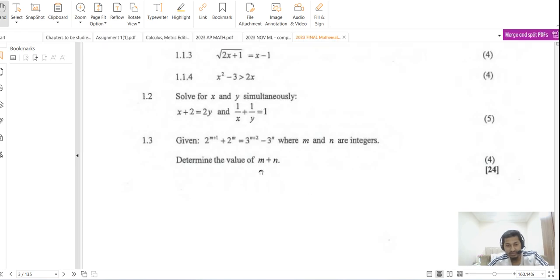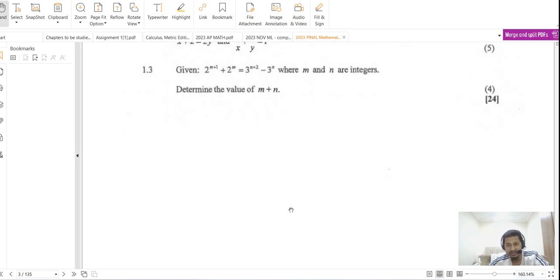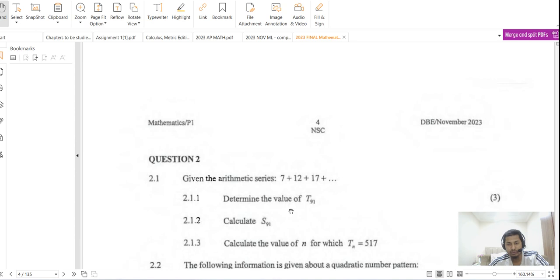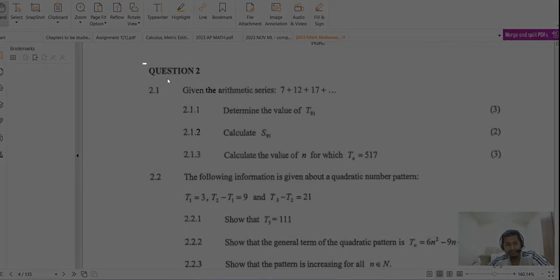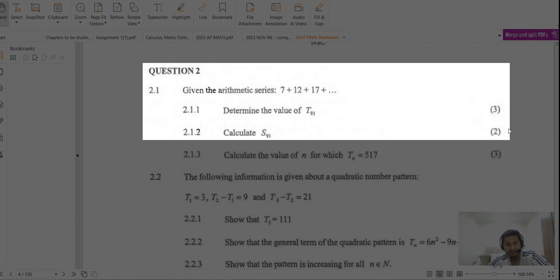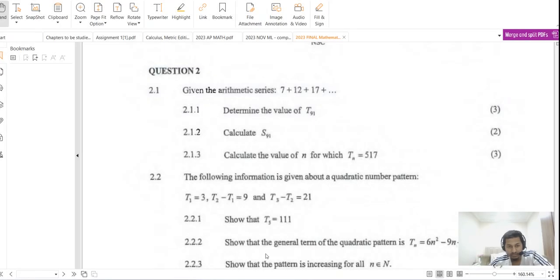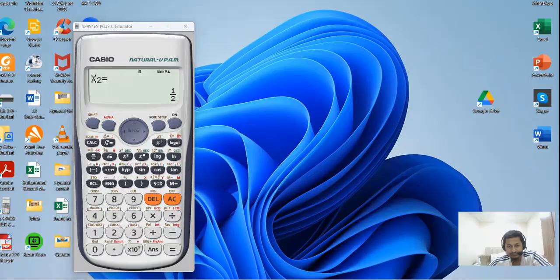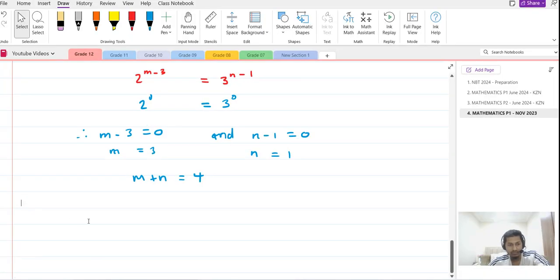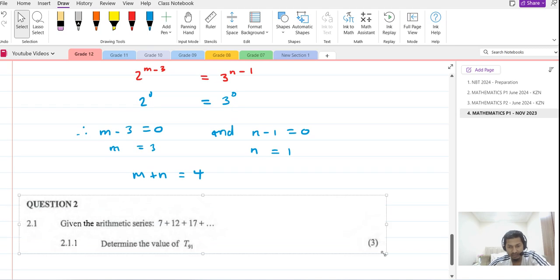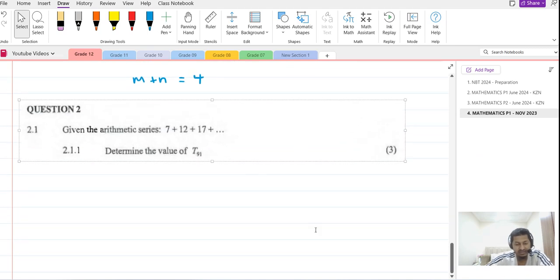Quite challenging, this one, yeah, right? So usually they have those challenge problems in question 1. Let's look at question 2. Question 2 is on sequence and series. In question 2 we have sequence and series, so 7 plus 12 plus, it is an arithmetic series, they told